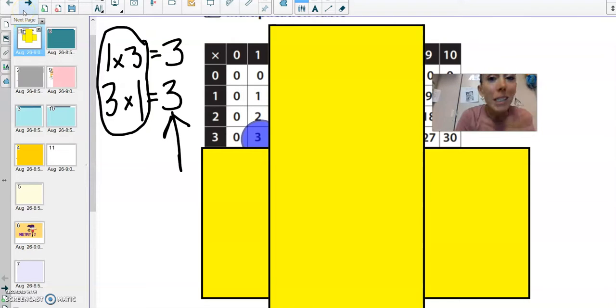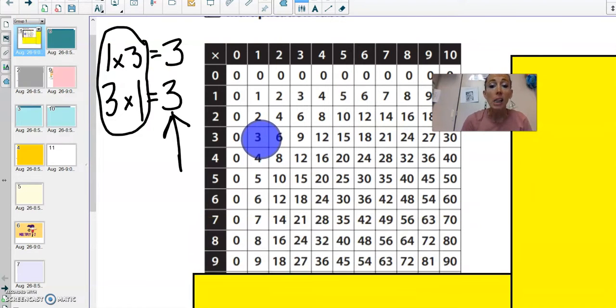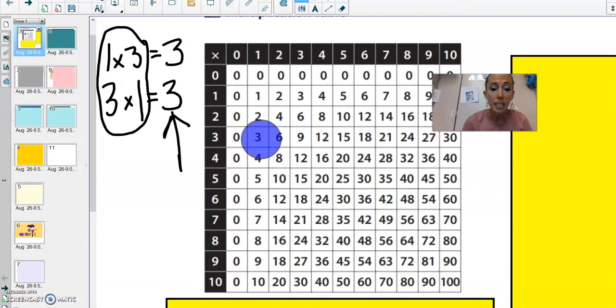All right, you must be ready, because here we go. I said today we are going to look at a lot of these multiplication problems in here and show you that you already know quite a few of them. So the first special factor we're going to start with is,